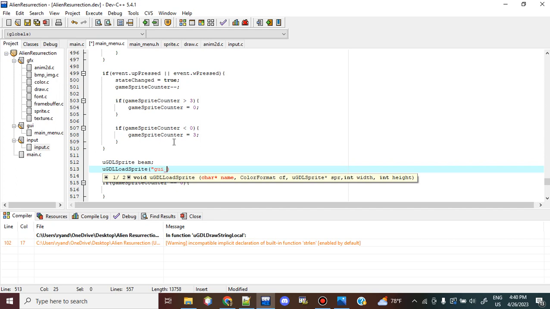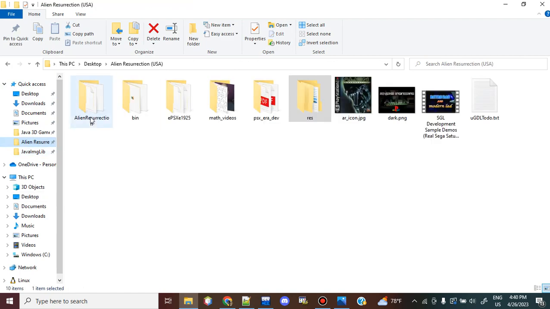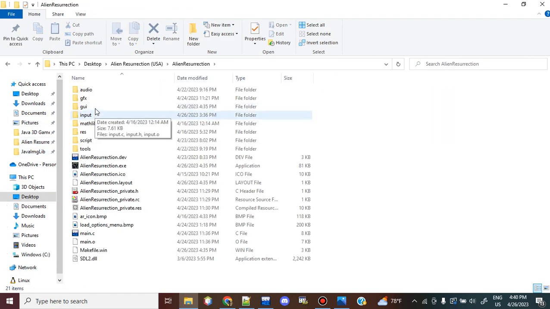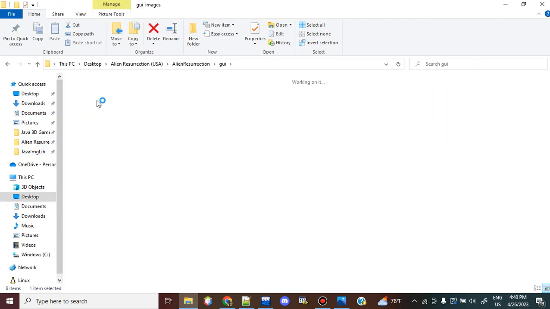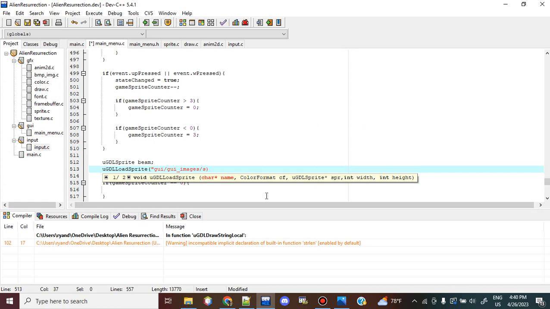So, GUI slash GUI images slash, I forgot what I've even called it. GUI images selection stripe 1. Selection stripe 1.bmp